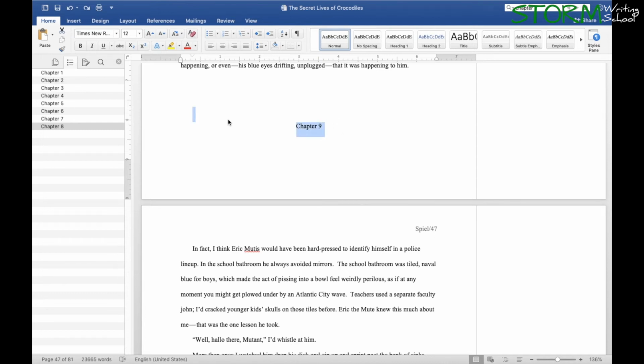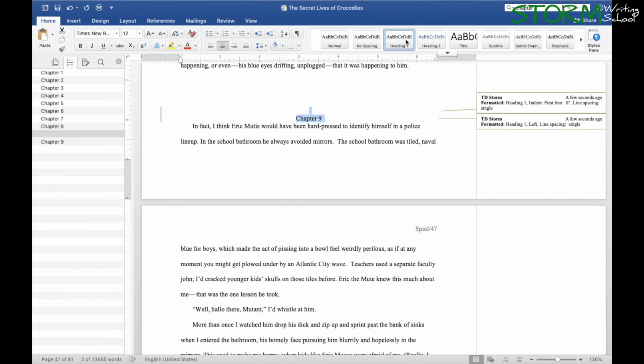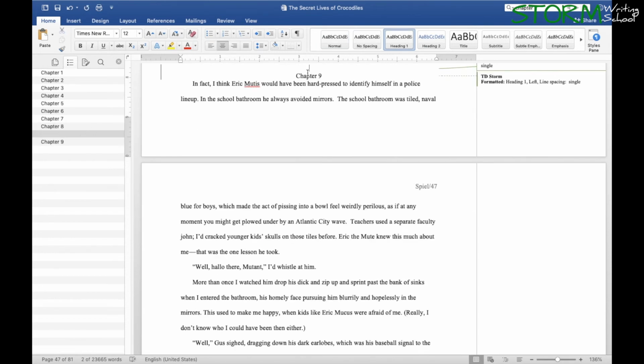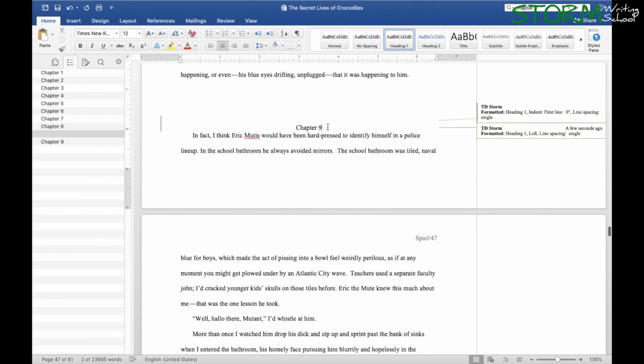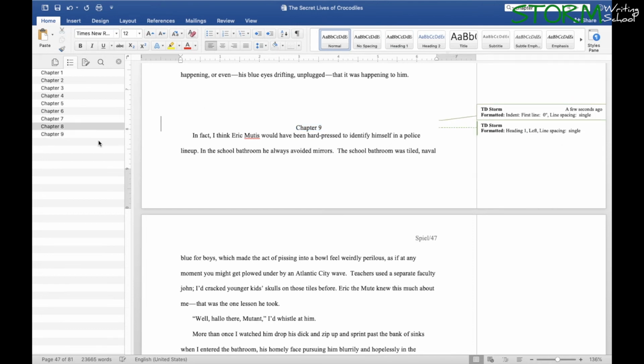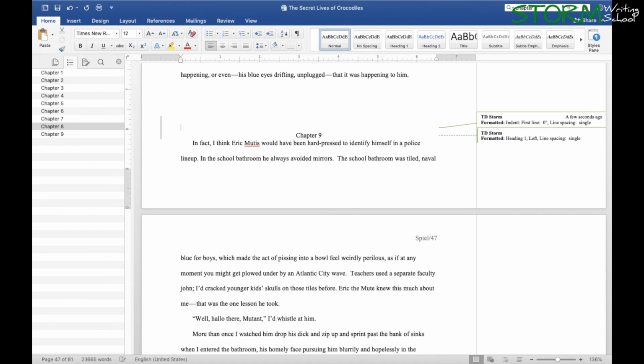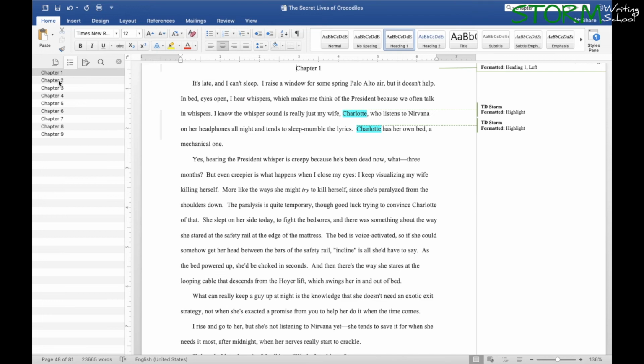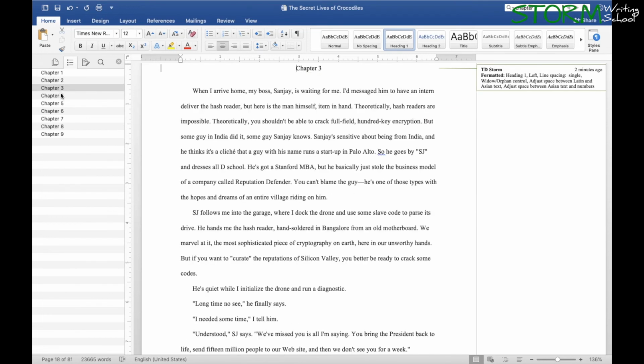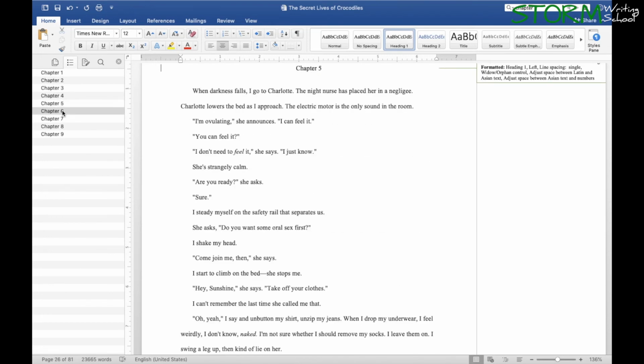See how I've highlighted, and it's actually highlighted a few spaces before, so I've gotten the line before. If I click on heading 1 now, over here it thinks the space before the actual chapter 9 heading is also a heading 1. So I can go there and just make that normal, and now that's out of there. So if you end up with these weird spaces over here, then that's what that's all about. So now I can easily navigate between these chapters, and it's pretty handy.